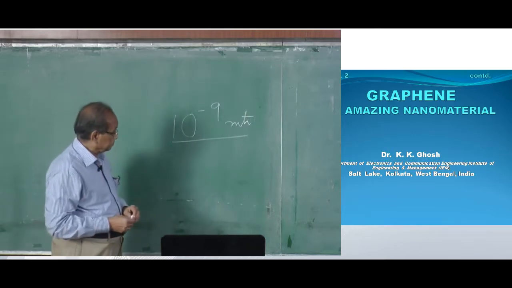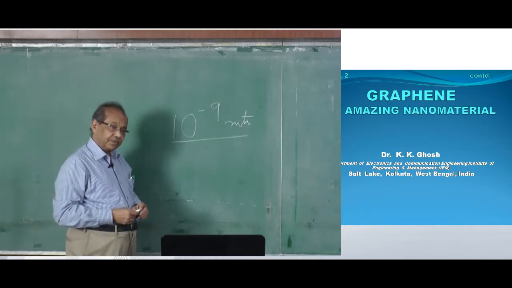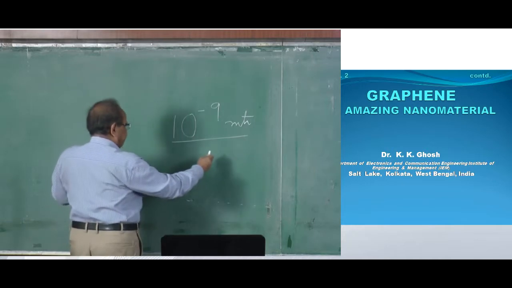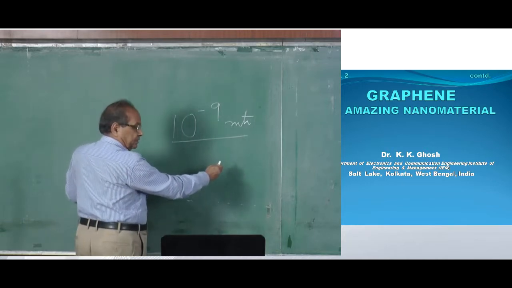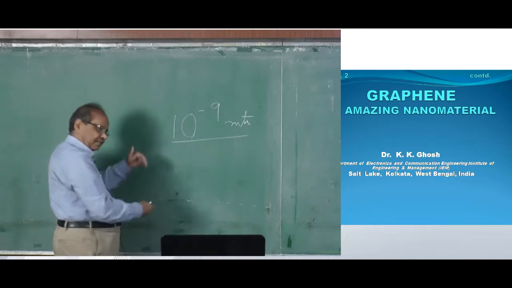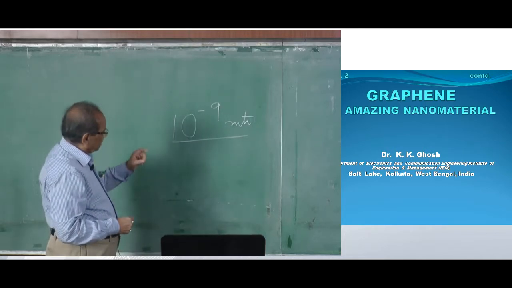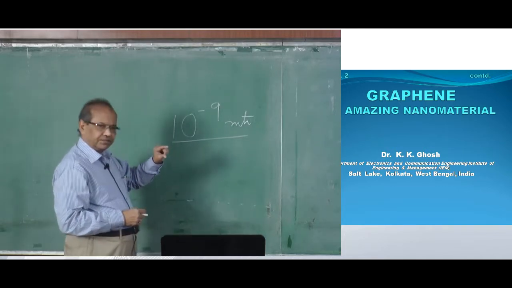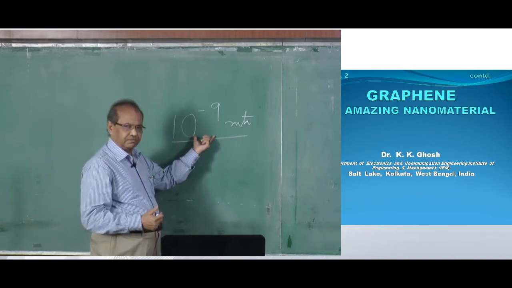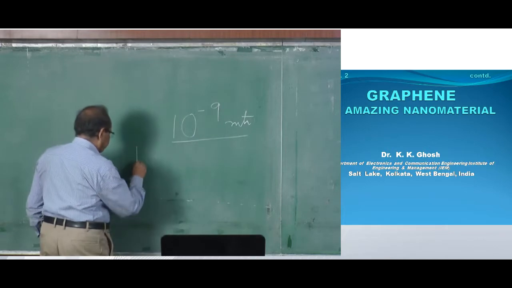No, that is not correct. If we take a bulk material, with large size in the x, y, and z directions, but we size it to the nanometric size in only one direction,